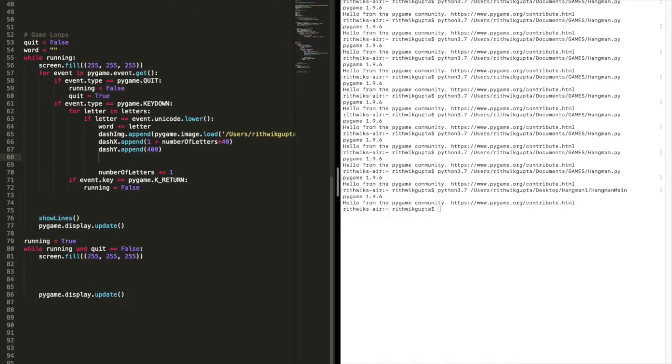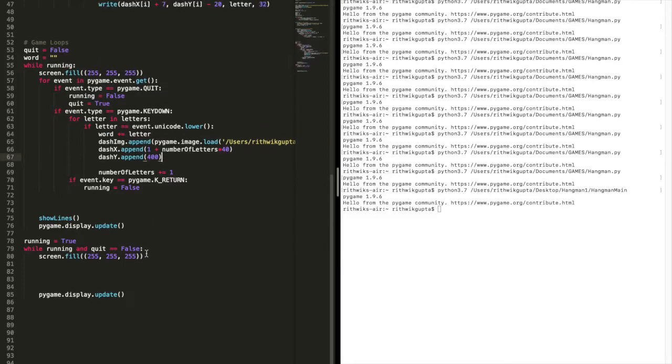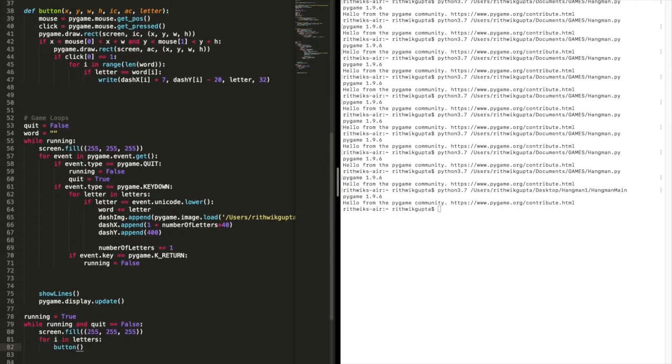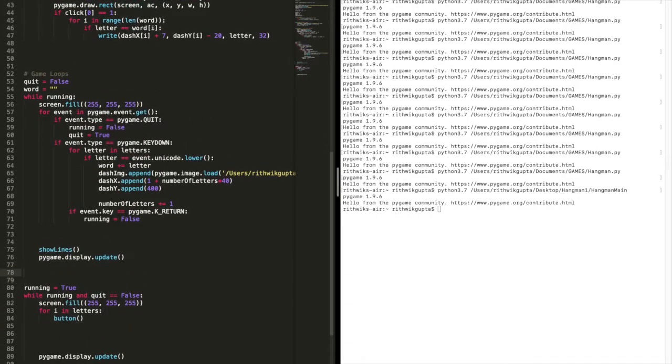Now how do we draw 26 buttons? We're not going to call it 26 times. We're just going to do for i in letters. Like that's the letters that we have. Button. For the button, we'll just do the X and Y. We're just gonna put a variable because those are constantly changing. The X value is gonna be set to